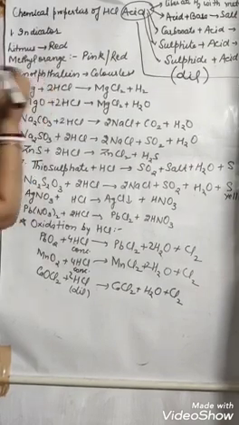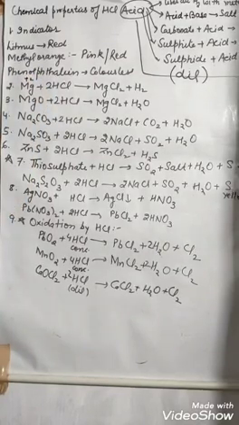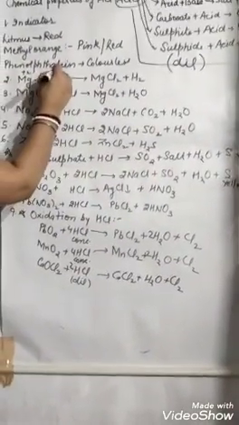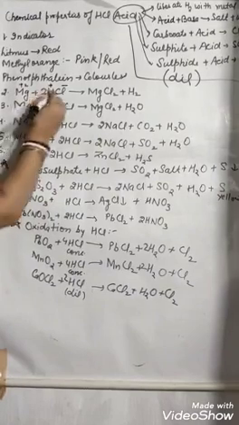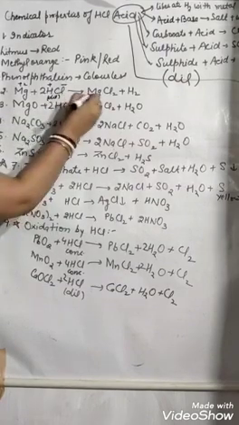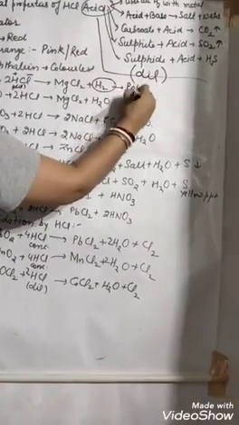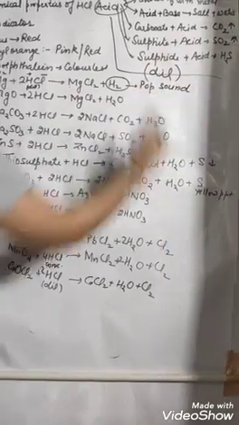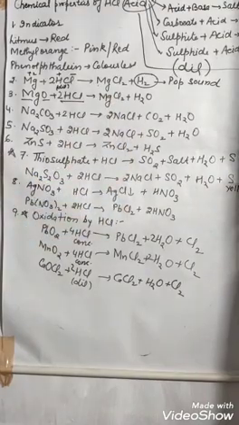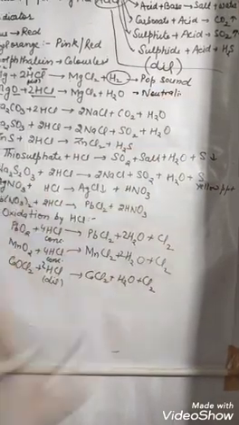Any active metal placed above hydrogen, like magnesium, sodium, calcium, potassium, zinc, aluminium, reacts with HCl. Mg is 2+, H is 1+, Cl is 1-. It is all in dilute form, meaning less acid and more water. It forms the chloride, and which gas is released? Hydrogen. And what is the identification? It burns with a pop sound, right? Any base reacts with the acid to form salt and water. This is neutralization, so it will also show neutralization.